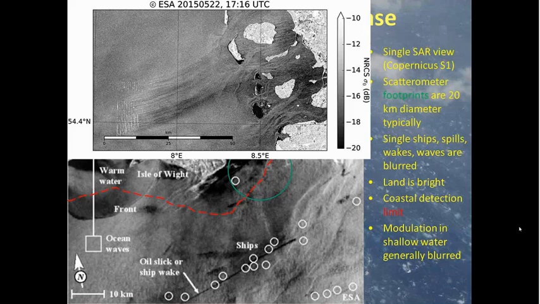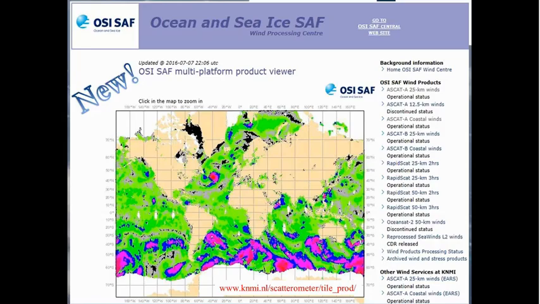So I mentioned this constellation of satellites, so we start to get a lot of instruments, and of course the question is, how can we combine all these different instruments to give you a good view. On the right-hand side you see now all our products. There are too many products to click on to get an overview, and that's why we made this tile viewer. In the tile viewer we plot all the data on one map, and then you can click on the map in your local area, and you get that particular tile of winds, all the satellite instruments that passed over that tile in the last 24 hours, and an image of the wind as it changed over time.